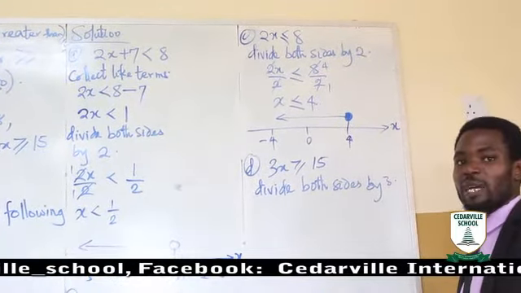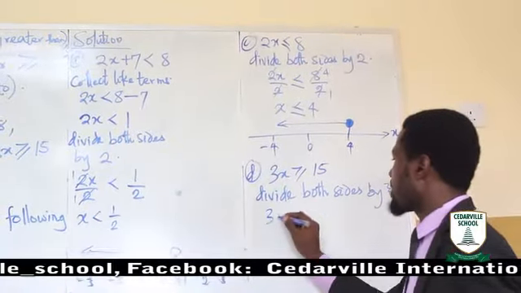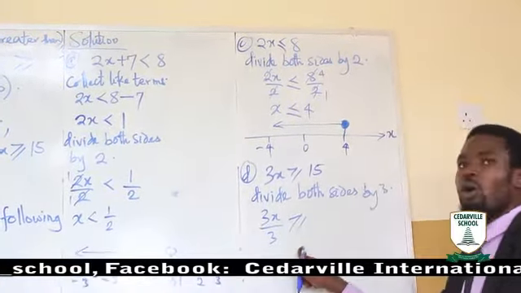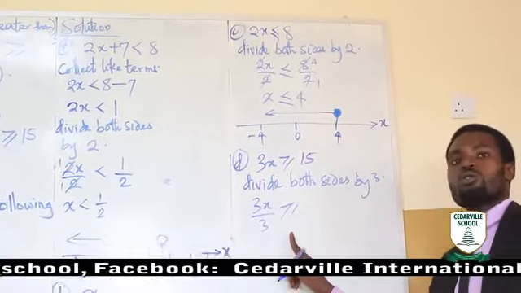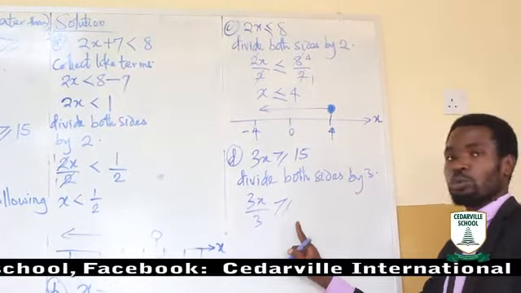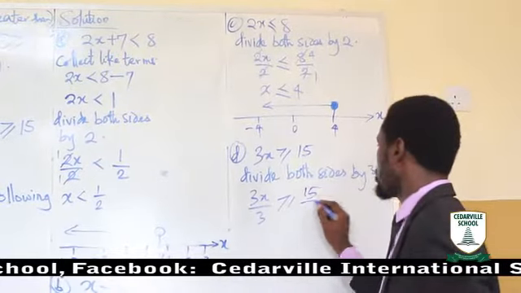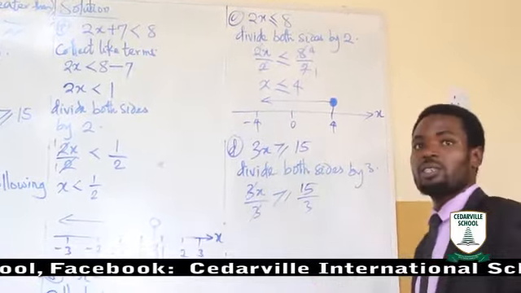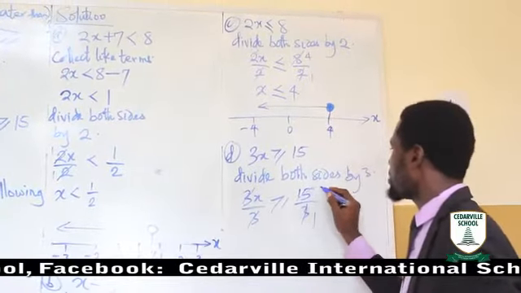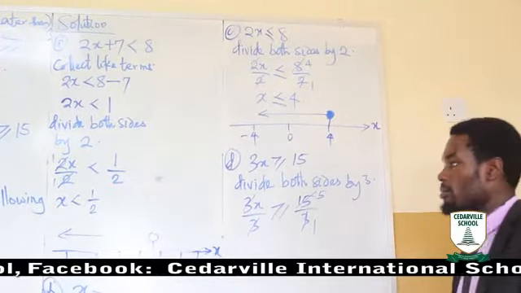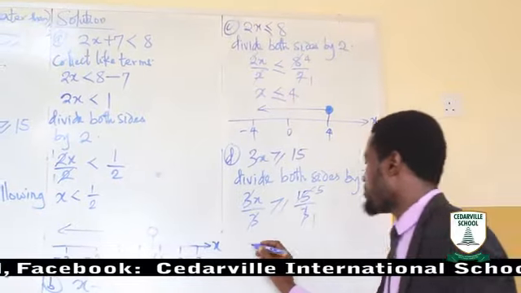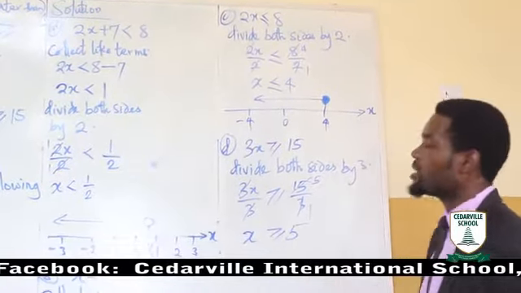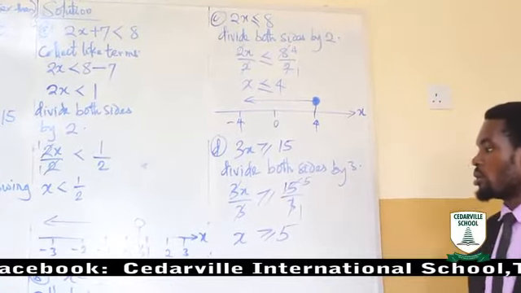So if you divide both sides by 3, what will you have? We have 3x over 3 greater than or equals to. Don't make mistake of putting just equals to. It is a symbol you have that you are going to put. So this is 15 over 3. Then what do we have? 3, take care of this 3. Then 3 here 1, 3 in 15 is what? 5. So what do we have there? We have x greater than or equals to 5, which is the solution.